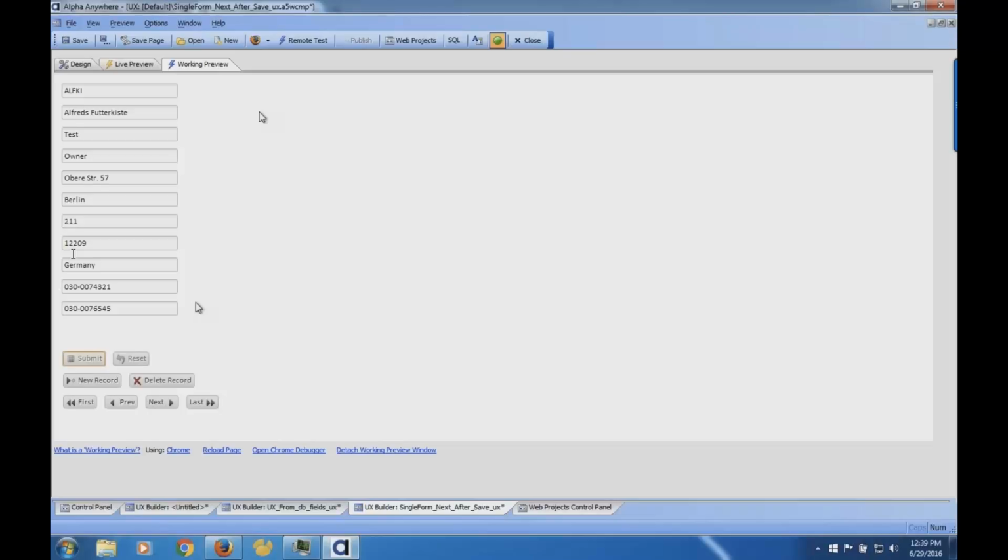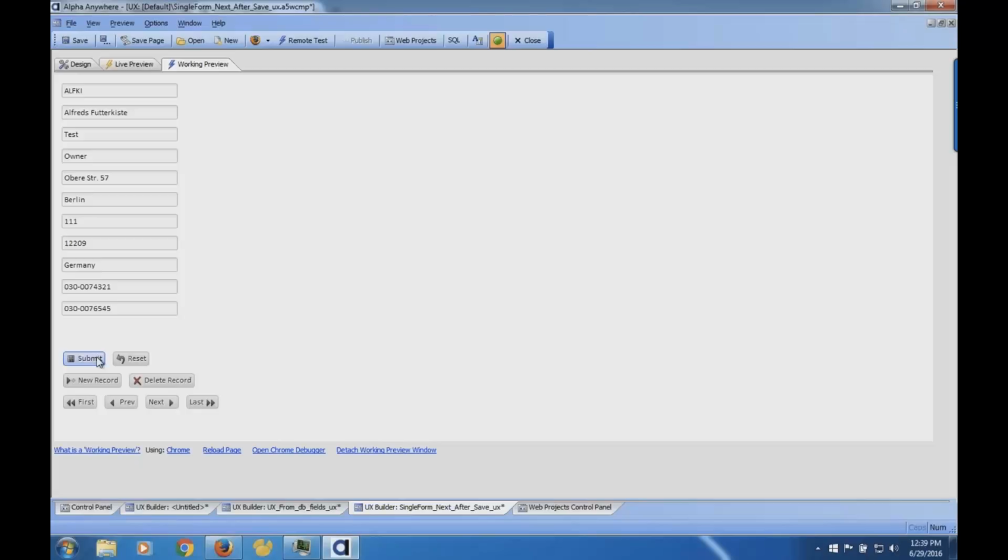The user who wrote in said, what I'd like to be able to do is, after I edit this record and click submit here, I want it to automatically go to the next record, so I don't have to do it manually. I guess this is a data entry app where someone's pounding data in, and they want to go to the next record, next record, next record.